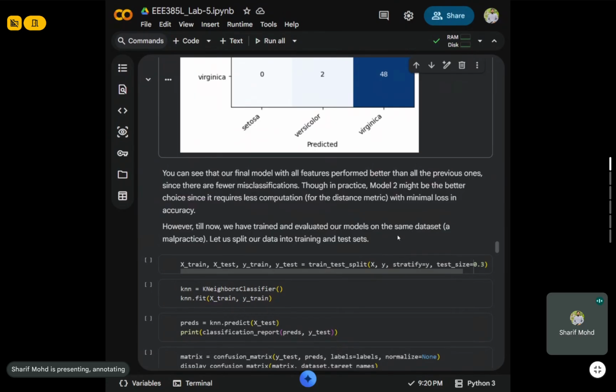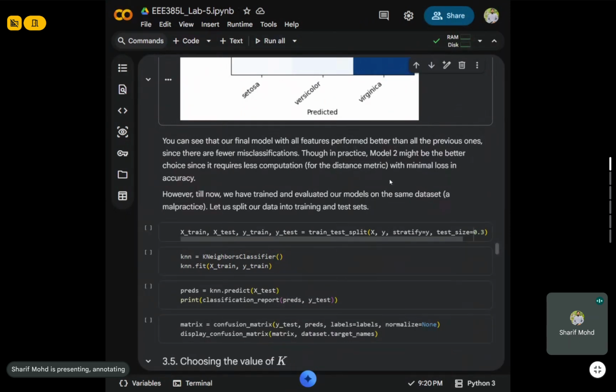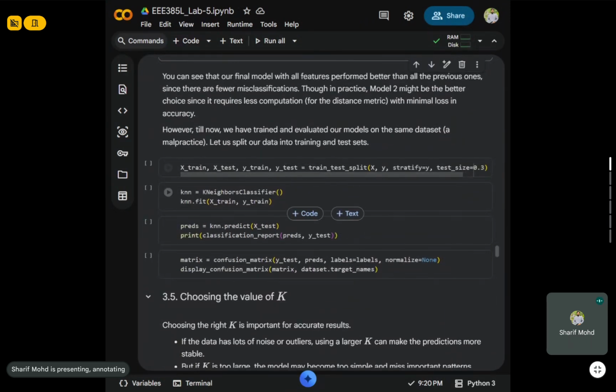However, till now we have trained and evaluated our models on the same dataset, which is a malpractice. Let us split our data into training and testing dataset। তো আমরা এখন টেস্টিং এন্ড ট্রেনিং এর মধ্যে স্প্লিট করে নেই, so we can do that। এখানে আমাদের x train, x test, y train, y test, we are going to use the train_test_split, it's a built-in function, and test size equals to 0.3 means what, 30% of the entire data set will be considered as testing data, ঠিক আছে? তাহলে রিমেইনিং উইল বি ট্রেনিং ডেটা, ঠিক আছে? তো এটা এখানে জাস্ট করা হচ্ছে, সো হিয়ার উই গো। তারপরে আমাদের এখানে knn টা আমরা রান করব,